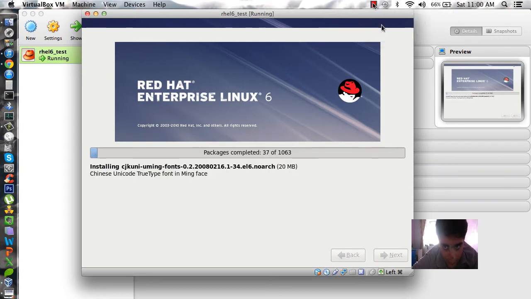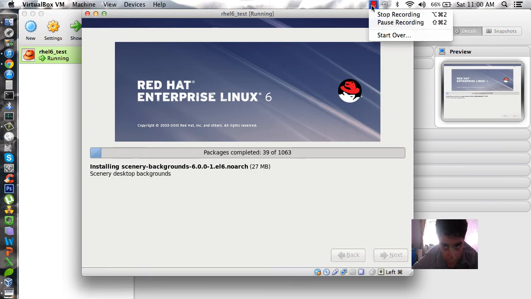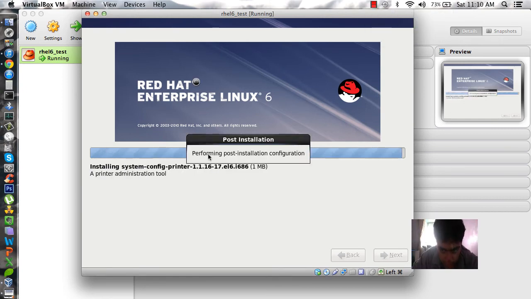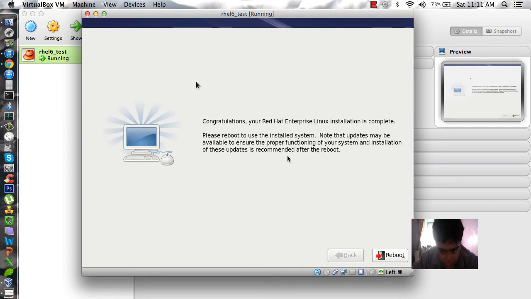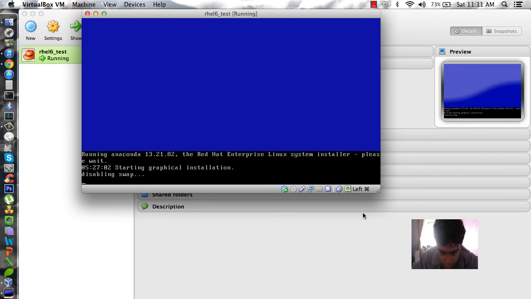Since this will take a longer time, I'll pause the video for some time, and we can see that it's almost installed and is now installing the bootloader. However, the installation is only partially completed, so we'll need to reboot the system in order to configure the post-install system.